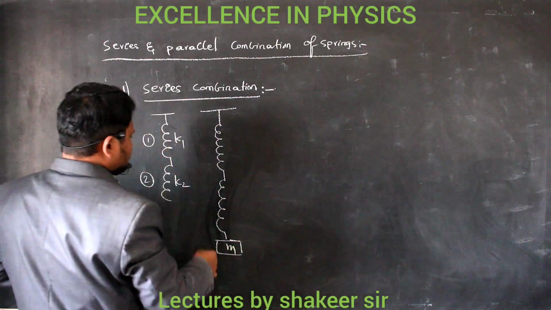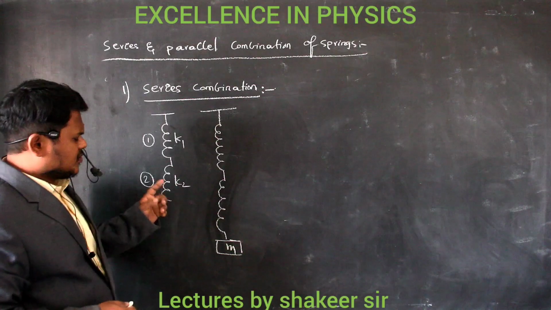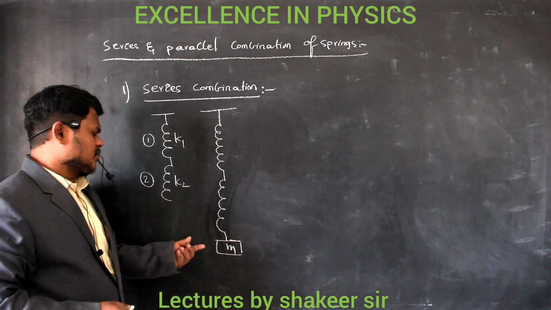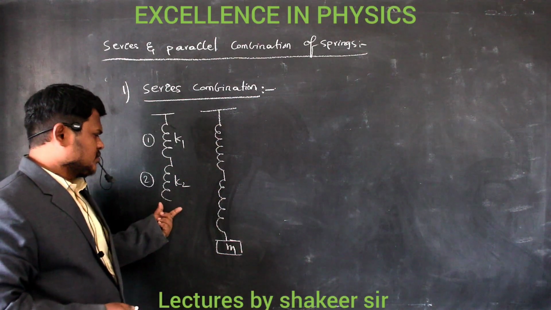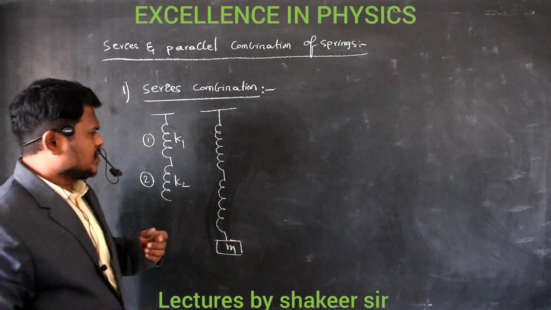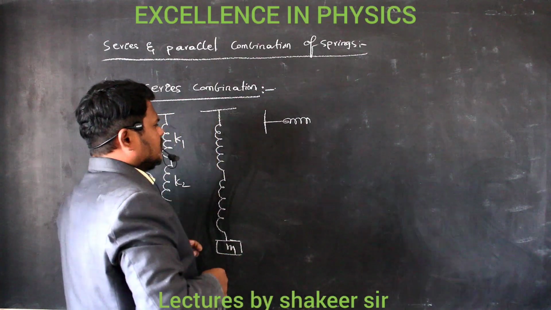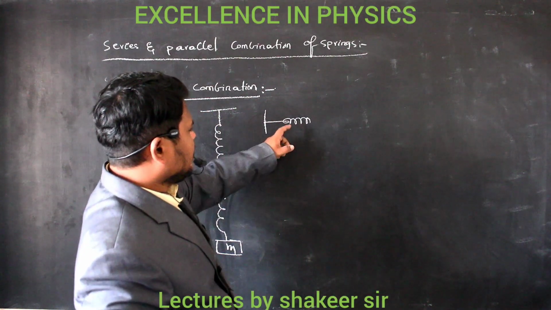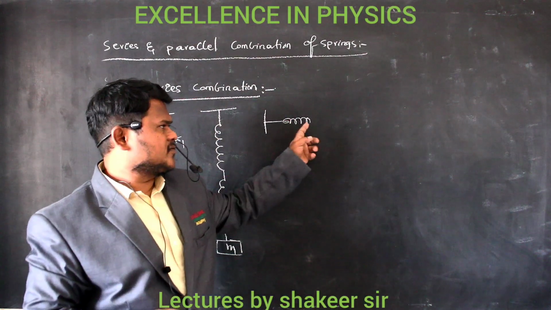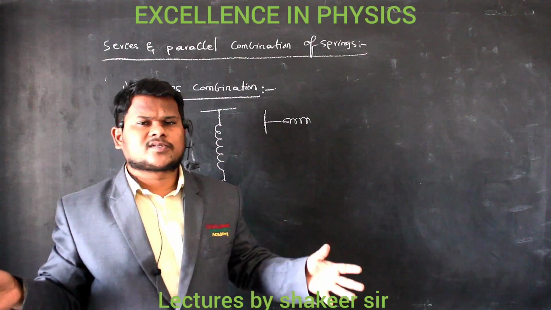Then the springs will elongate. The first spring as well as the second spring, both of them will elongate. Now the question is, why will both of them elongate? We are attaching this mass to the bottom spring, no? Then why should this spring also elongate? That is our question. Because, for example, if I want to elongate this spring, then without holding the other side, or without attaching this spring to a rigid support, I cannot apply force on the first spring. If I want to elongate a spring, there should be equal and opposite force on both sides.